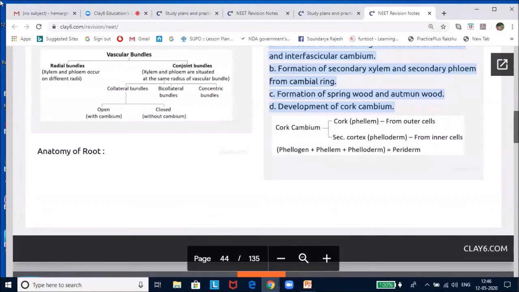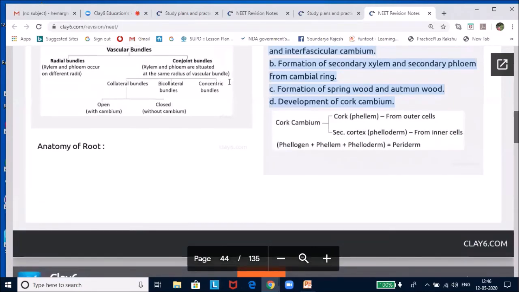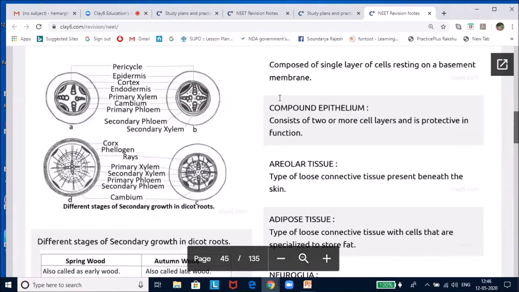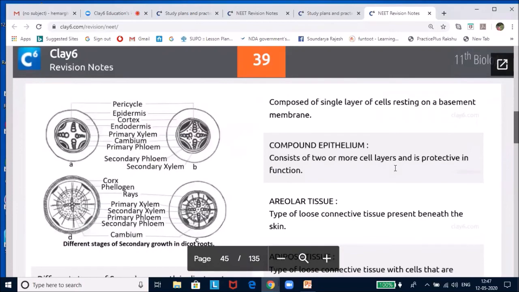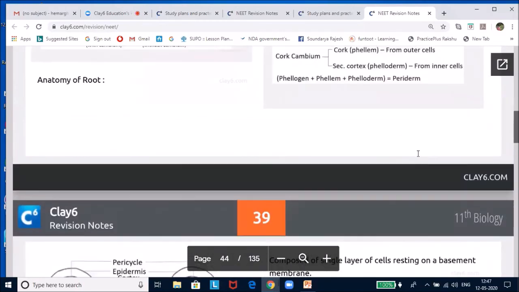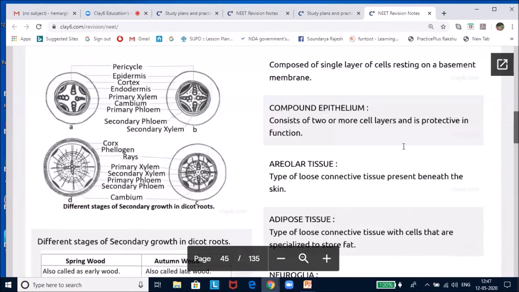Now let me explain to you about this secondary growth in brief. Now, vascular cambium, the meristematic layer that is responsible for cutting the different tissues. This is of the dicot root we are showing, but not much of the difference is seen between dicot stem and the root. So you can follow this diagram when I'm telling you the explanation. The changes will be only with respect to A and B diagrams, but again it will be the formation of the ring as it is.